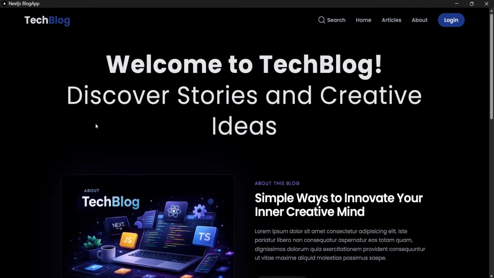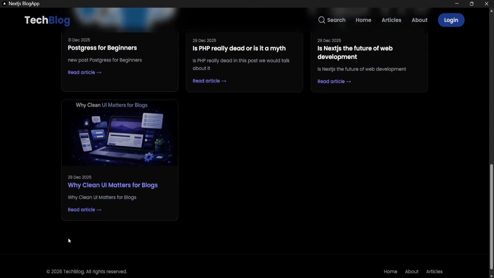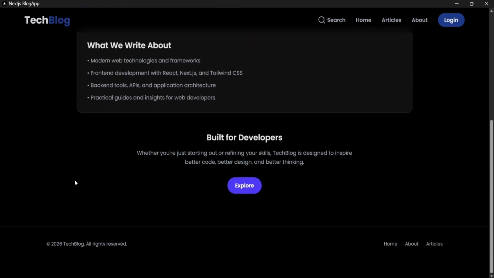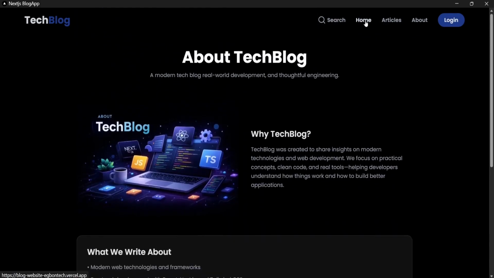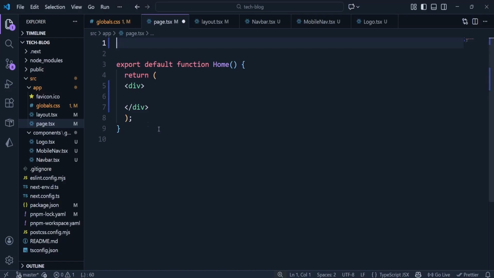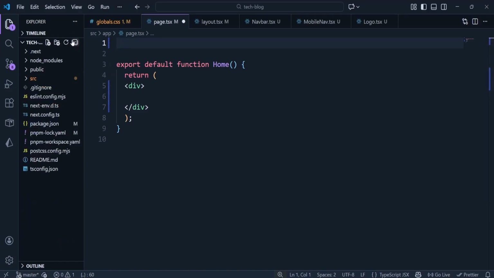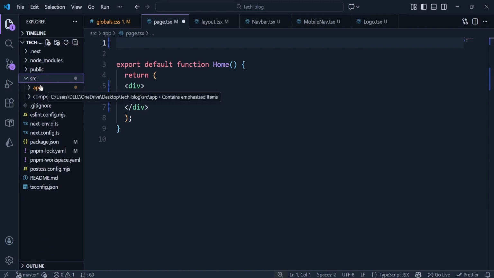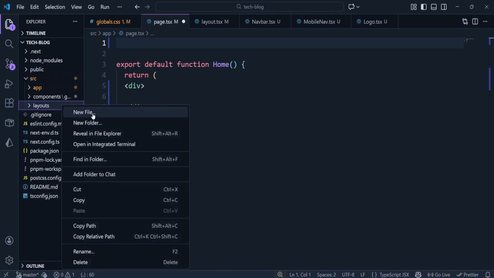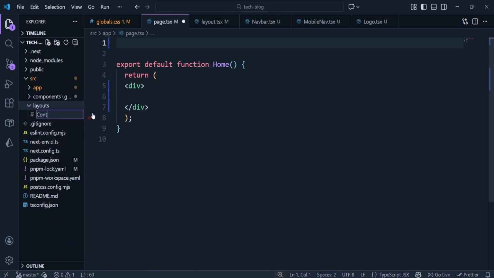You can see right now that on this page, all of them are in the same line. Same thing when we go to the About page, they are in the same line. So we want to create something like a layout file. So let's actually do that. So I'm going to create a layout file. I'll just go to src. Inside this src folder, I'm going to create a folder called layouts. And inside this layouts folder, I'm going to create a file called container